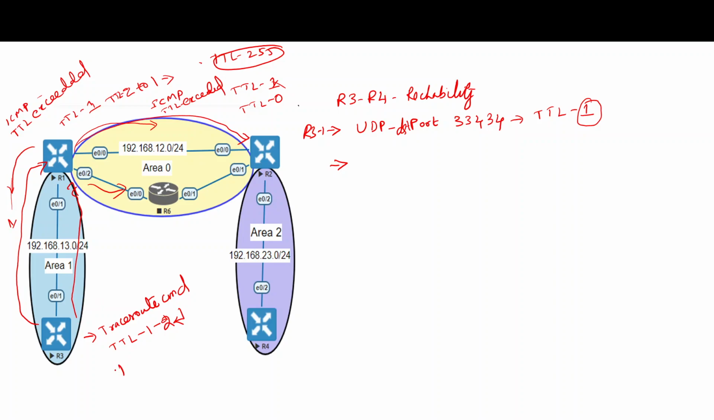Now it has to increase the TTL from 2 to 3. Okay. So now R3 will send the UDP packet again and it reaches R1. Now what will R1 do? It will reduce the TTL from 3 to 2. Now the packet will be forwarded to